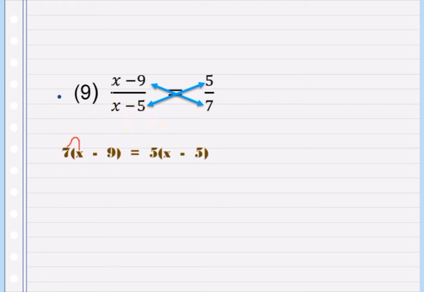So this is 7 multiplied by x, 7x, minus 7 9s is 63. So 7x minus 63. 5 into x is 5x, minus 5 5s are 25. After this operation, we come across 7x minus 63 and 5x minus 25. Simply we did multiplication. After applying the cross multiplication rule, we come across that 7x minus 63 is equal to 5x minus 25. This is the binomial operation. So we write 7x minus 63 is equal to 5x minus 25.